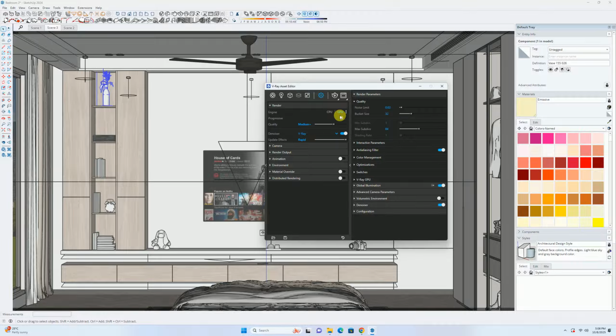The rendering engine is set up as GPU mode. We will turn off this progressive section. You can specify the quality from over here. I'll convert this quality to high quality. We have provided a denoiser. Now you can reduce this effect, because we want the denoiser to work at the end only. Then one more thing I'm going to do is go to this render option. I'll set the render size to 2000 resolution.